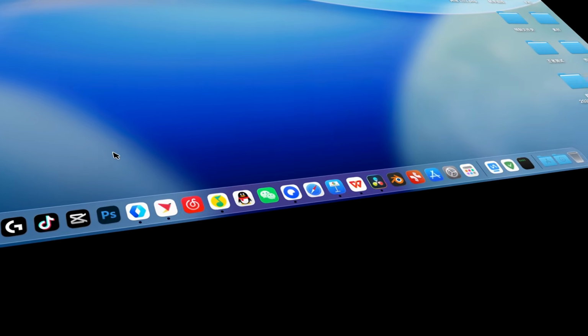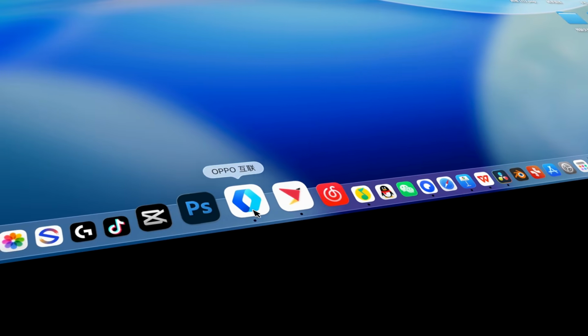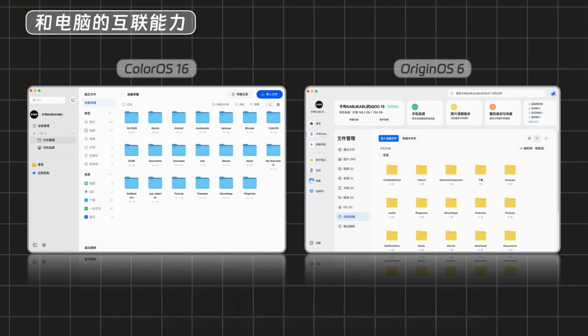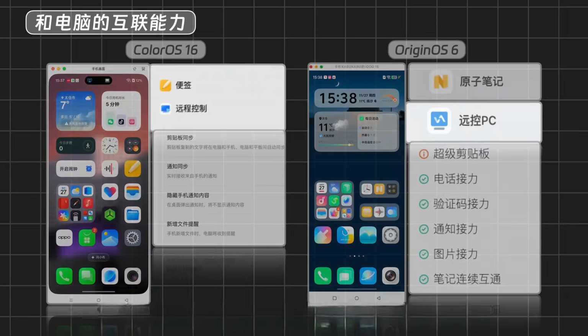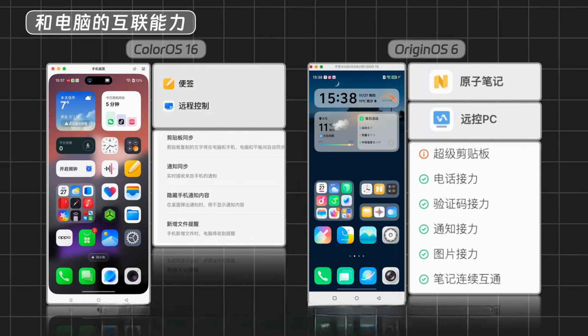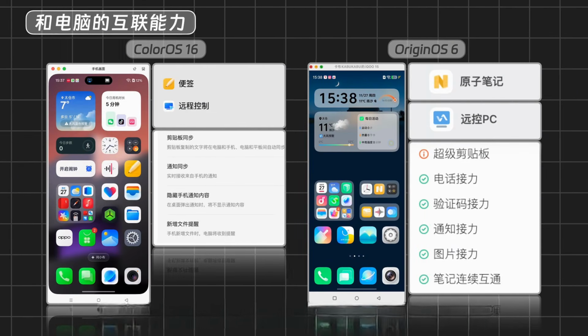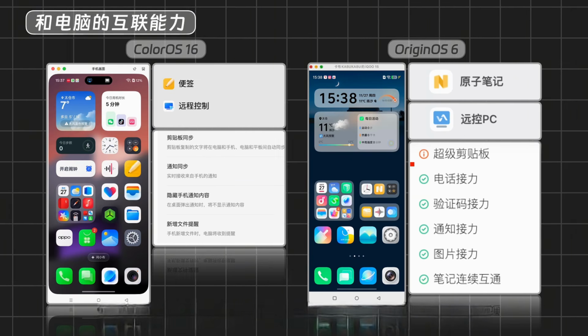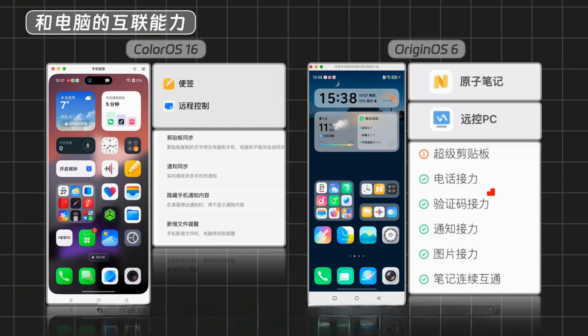In terms of computer connectivity, ColorOS has Oppo Connect, and OriginOS has the Vivo Office Suite. Regarding file management, both allow you to manage phone files directly on the computer, screen mirroring, remote control, receiving notifications on the computer, clipboard synchronization, and parallel synchronization. Everyone has these features. In addition, the Vivo Office Suite has an extra feature: you can answer calls directly on